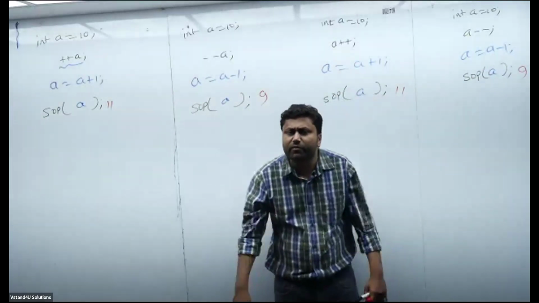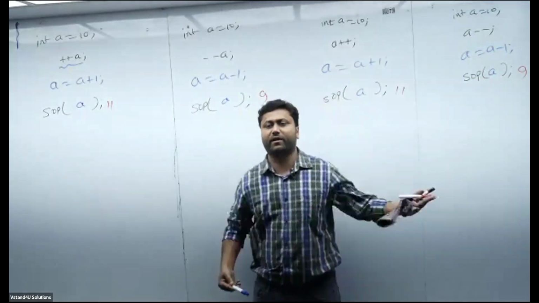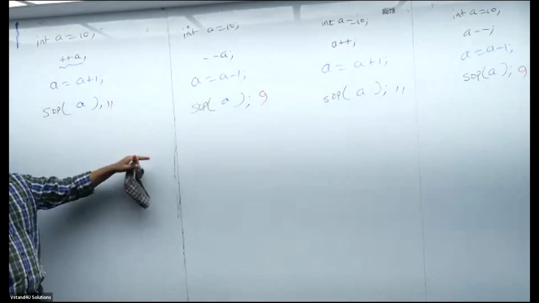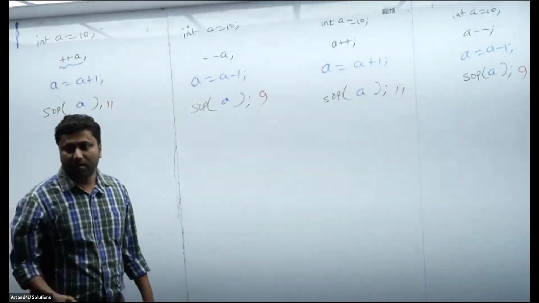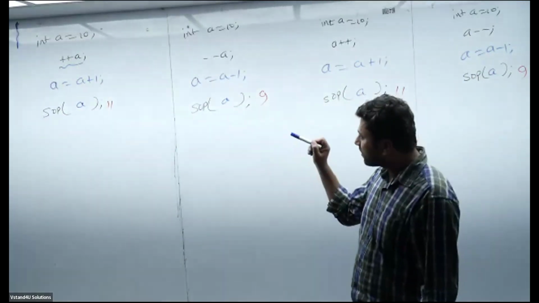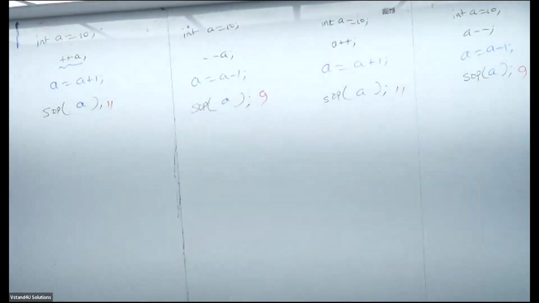Then what is the difference between pre and post? The increment operator increments by 1, the decrement operator decrements by 1. Agree? There is no difference if you are doing only one operation at a time. Let me tell you what will happen. Shall I move to the next? Rapid fast you should be now.